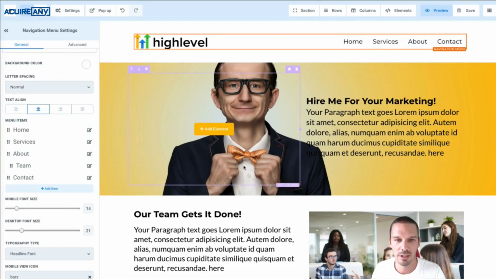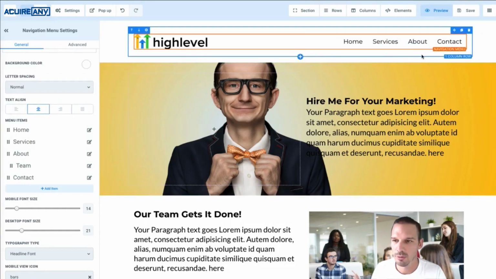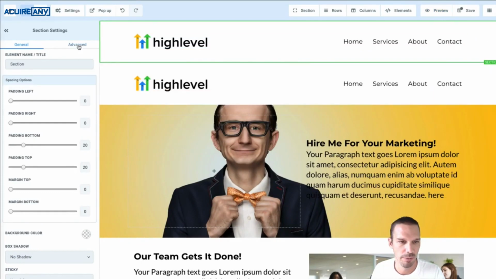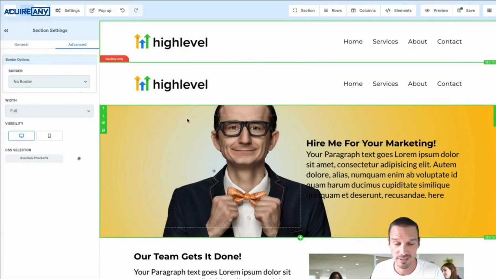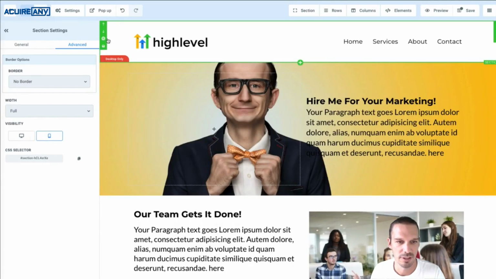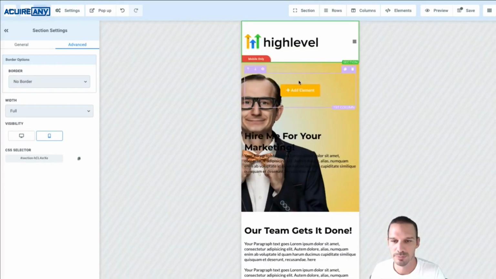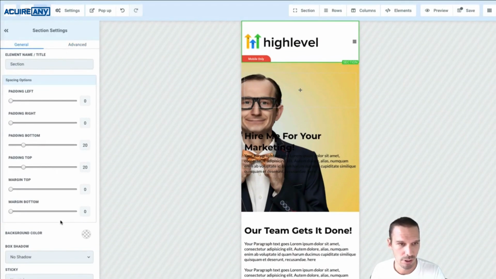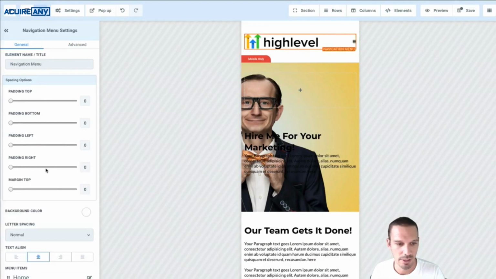So now let's talk about mobile. I'm going to duplicate this, and I'm going to set this one to be desktop specific. And then I'm going to make this one mobile specific, and switch into mobile view. So we can see a couple of things right off the bat. The menu condensed itself down into an icon, which is great. And I can choose, if I select my menu,